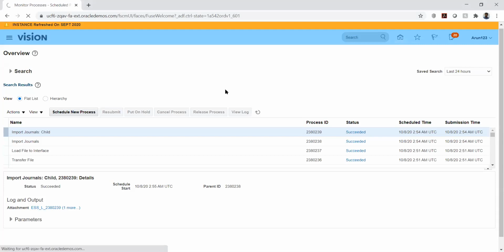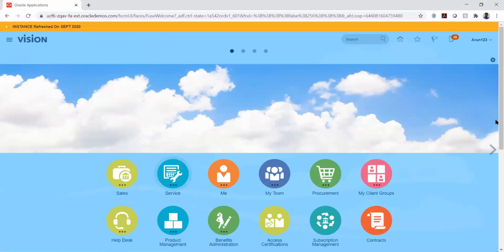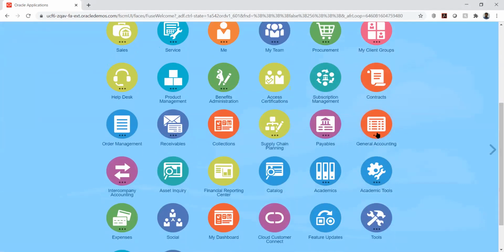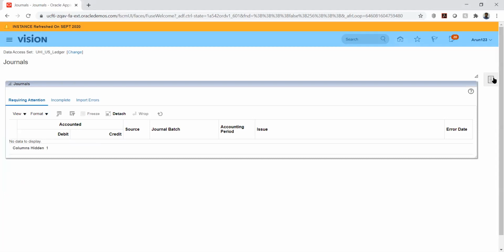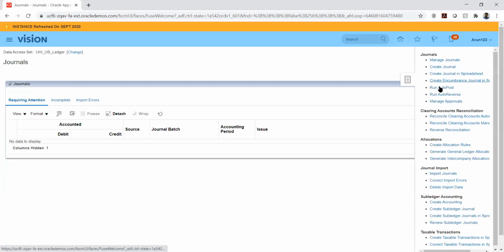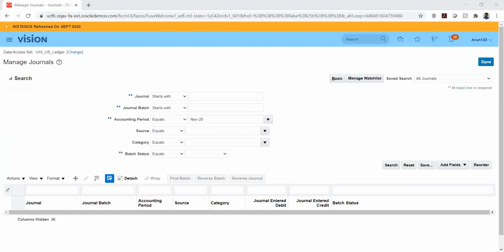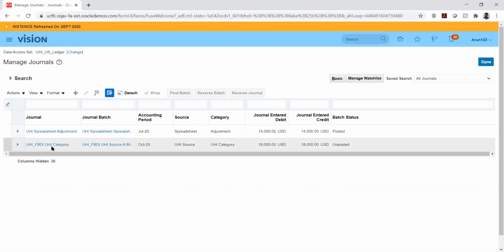We'll try to find it from there. So this is the one that we created.